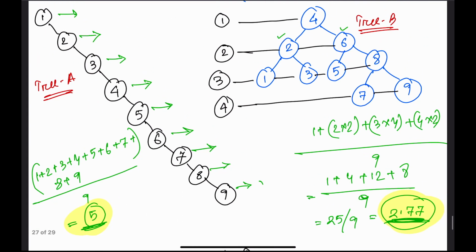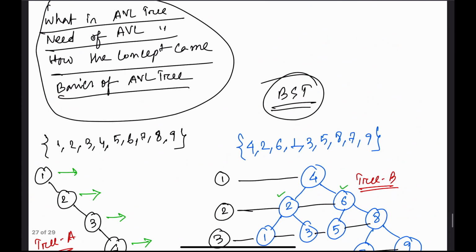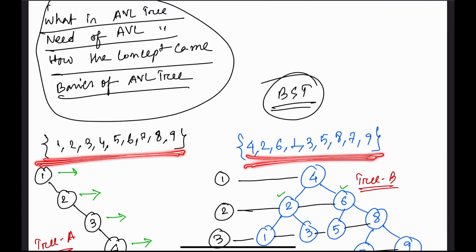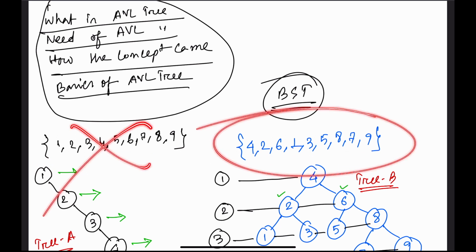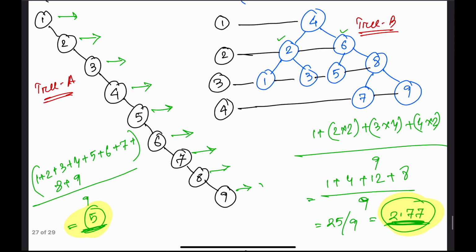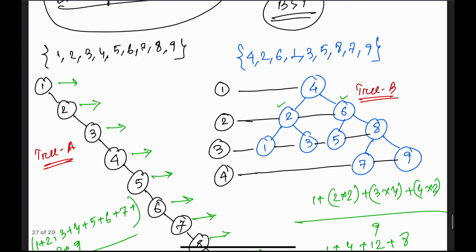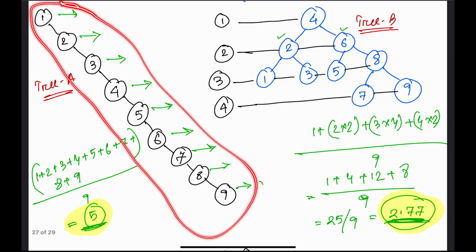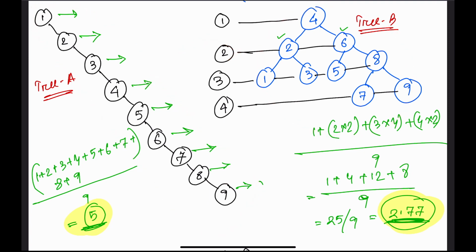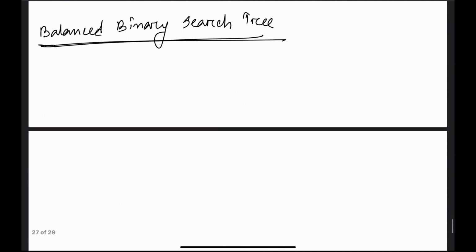In basic terms, with a binary search tree we don't have any control over the way users insert. We can't tell them to insert like this and not like that. So there is no control over the sequence of insertion, isn't it? So we have to convert this inefficient tree into this kind of tree, and this is where balancing comes in. You have to make this unbalanced tree a balanced tree. Now, when is it called balanced and when is it imbalanced, we will talk about after a few minutes. Before that, we need to understand that this balanced binary search tree concept has been invented